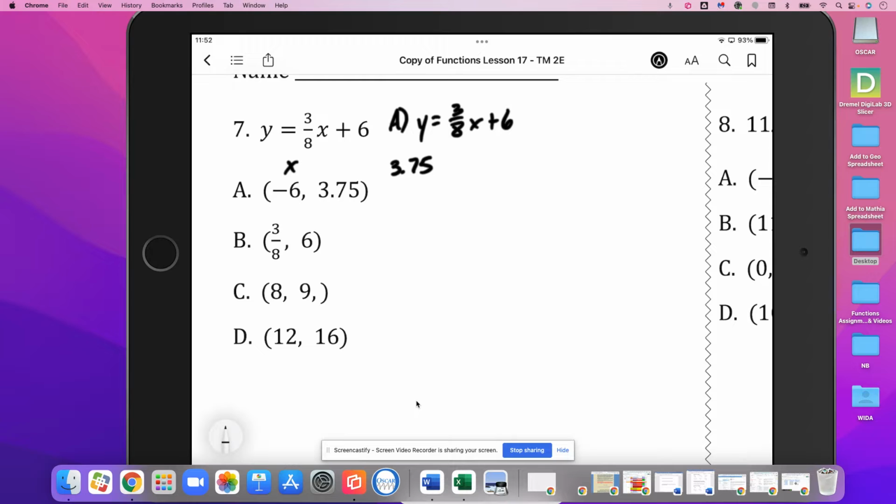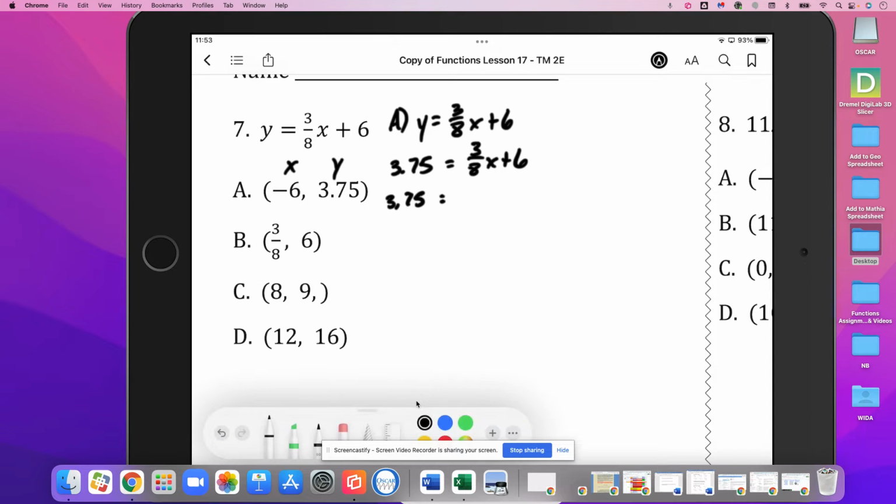So again, our x is first, our y is second. Equals 3/8 x plus 6. So 3.75 equals, oops, and I forgot to put the x value in there. Darn it. Okay, so the x value is -6. So times -6 plus 6. So 3.75 equals